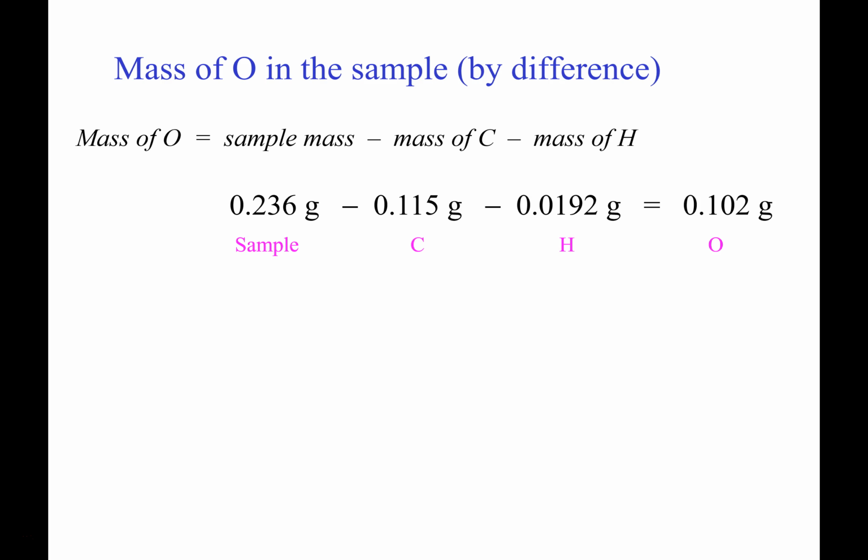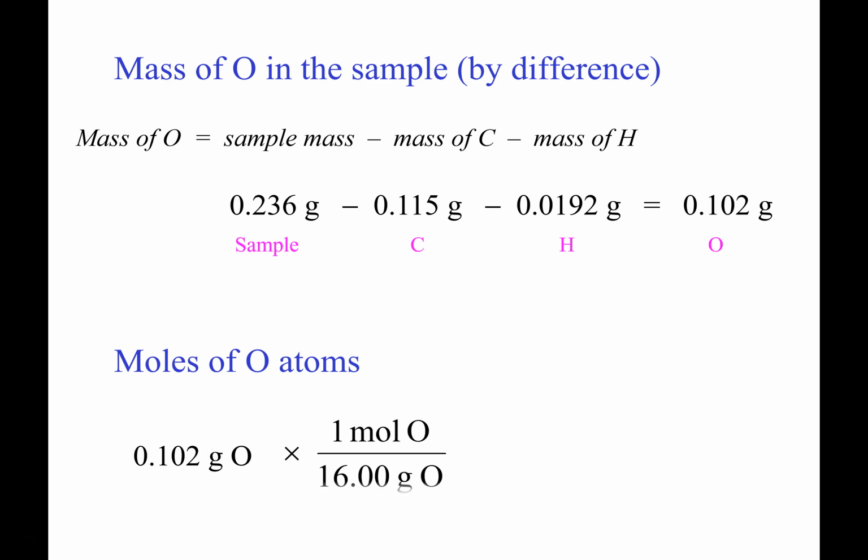Because now what do we have to do with that grams of oxygen? We have to convert it to moles, exactly. What's the molar mass of oxygen? It is 16. Sweet 16. So our first term is going to be that 0.102 grams of oxygen times 1 mole of oxygen over 16.00